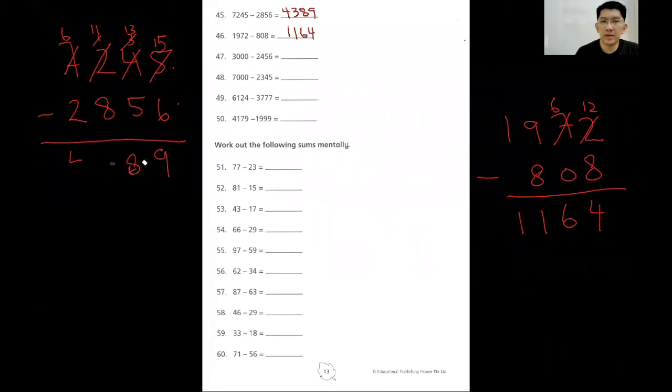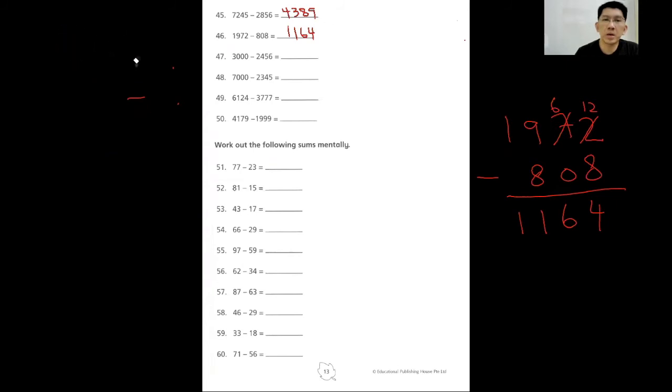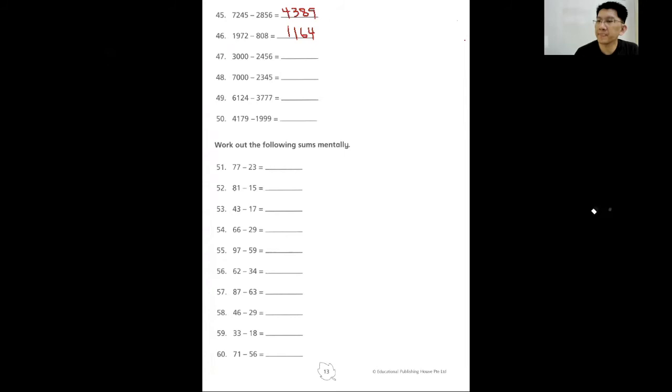So let's write down the answers for both numbers. Make sure that you have them in your book while I'm cleaning up the screen so that I have my working space later. Now I'm ready to move on to number 47. Number 47, 3,000